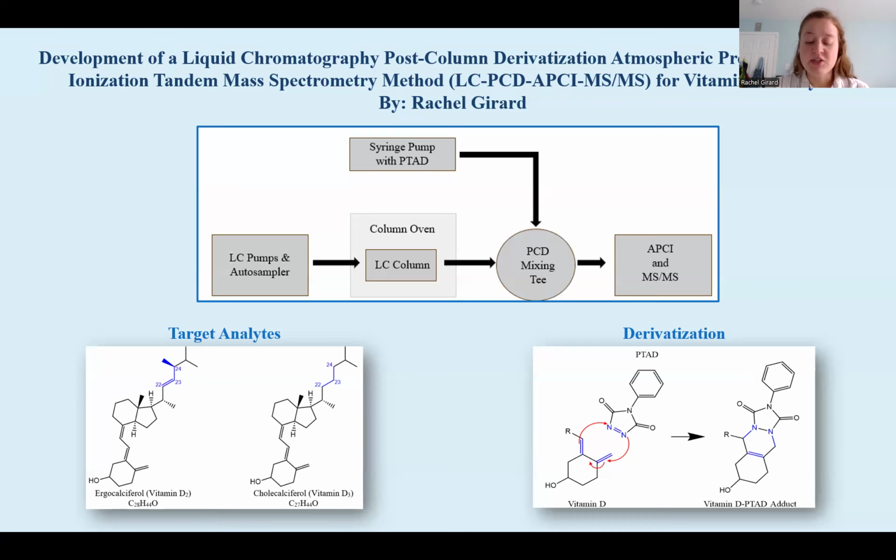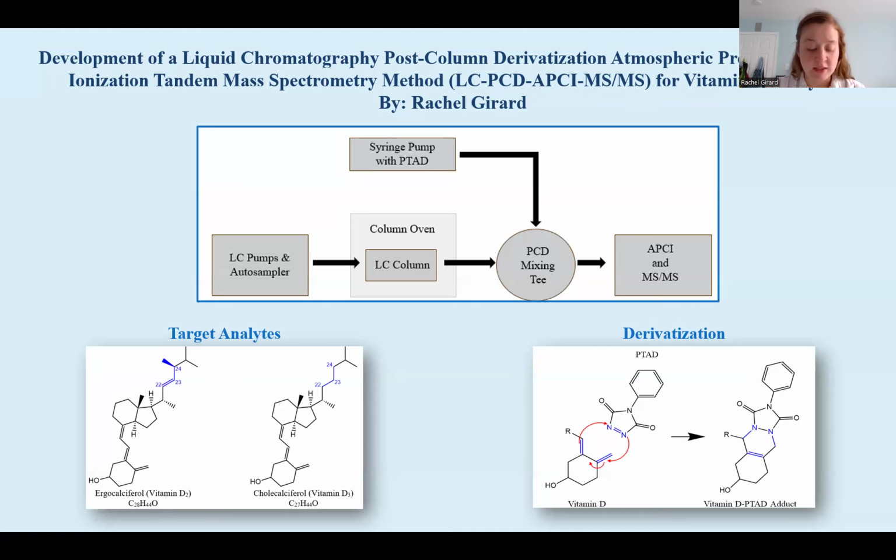However, the first tests to measure vitamin D sufficiency were not invented until the late 1960s. Since then, improving existing methods and developing new methods is an ongoing effort as vitamin D insufficiency continues to be linked to certain health complications like long COVID. Liquid chromatography mass spectrometry methods are the gold standard for measuring vitamin D status because of the selectivity and sensitivity